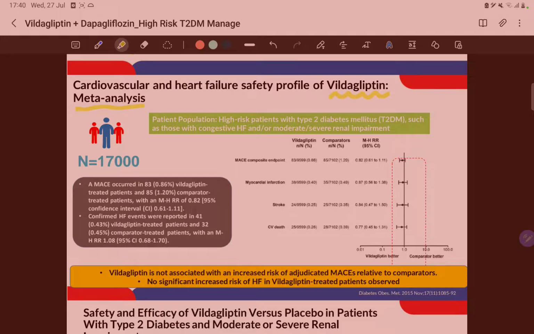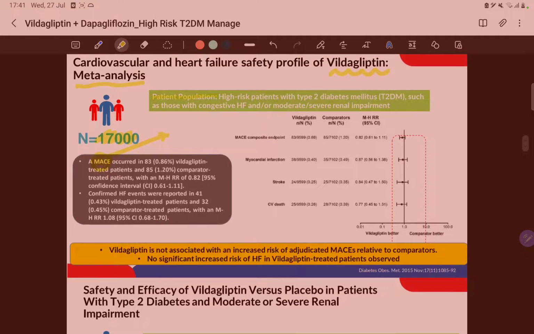Here we are going to discuss this MACE. You can see in the first line over here, MACE. Now this MACE is nothing but major adverse cardiovascular event, and it is a very important term. You can see the patient population was around 17,000. There is a number of patients there, right? The intervention given was Vildagliptin, and the comparator